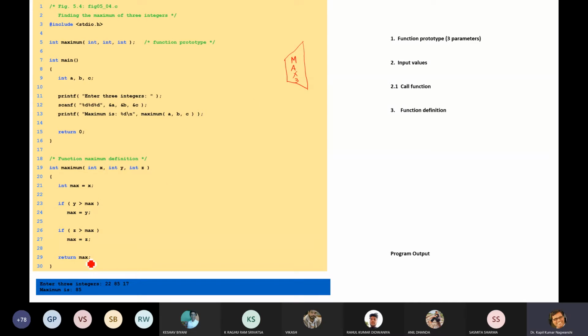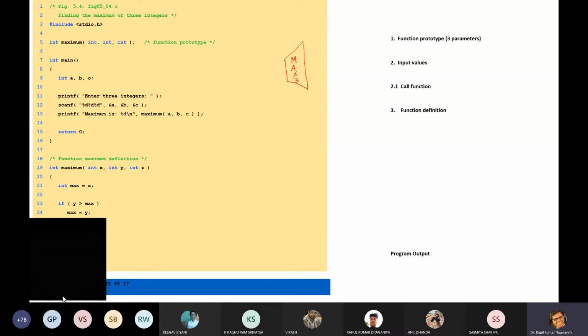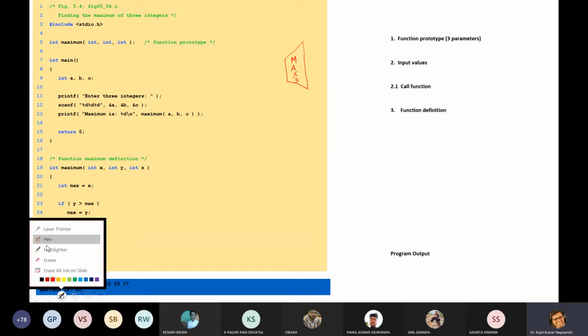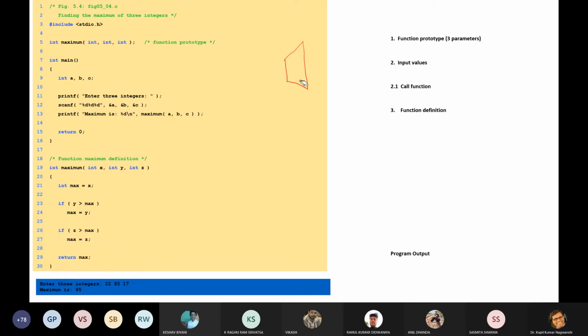Here maximum is the name, so let me write the correct name, maximum. The name of the function is maximum, with a small m.